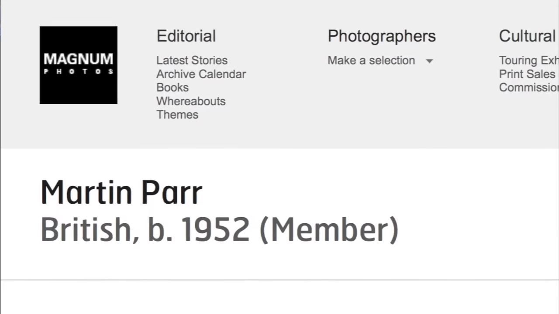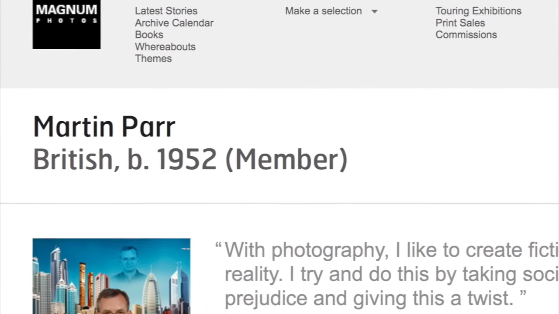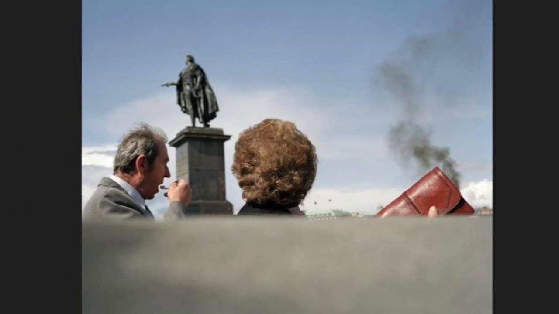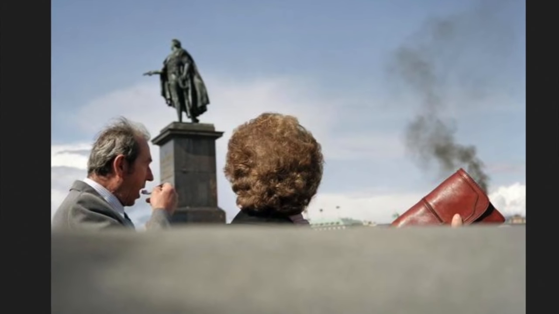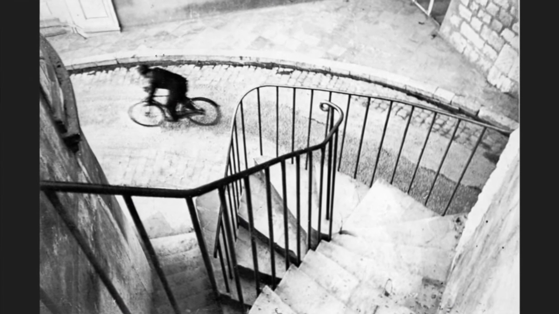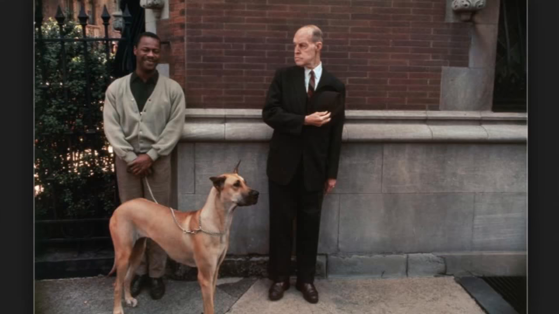There's another photographer I really like, who's a contemporary photographer by the name of Parr. I'll put up a few of his pieces and link to his site. And please go and look at these photographers and just see what they do with compositions. Some very interesting techniques. I would like to suggest that you look at Cartier-Bresson's work as purely compositional. It definitely has narrative, but it's almost like he wasn't concerned so much with narrative. It's like he was a purely structurally compositional photographer. Whereas if you look at Joel Meyerowitz,